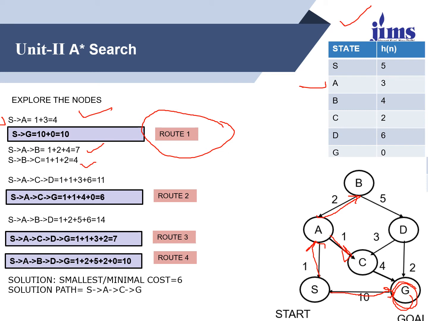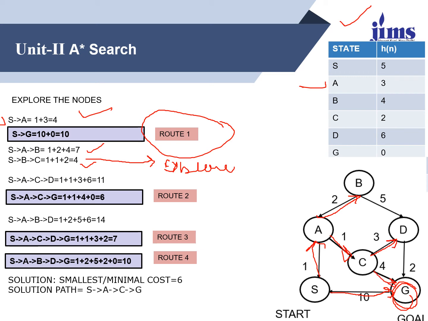To explore another path which leads to the goal, we look after the smallest value. So the smallest value is of S to A to C. So we will explore first of all this. So we start exploring this particular path. So S to A to C is further on leading to D and G. Two paths are over there.